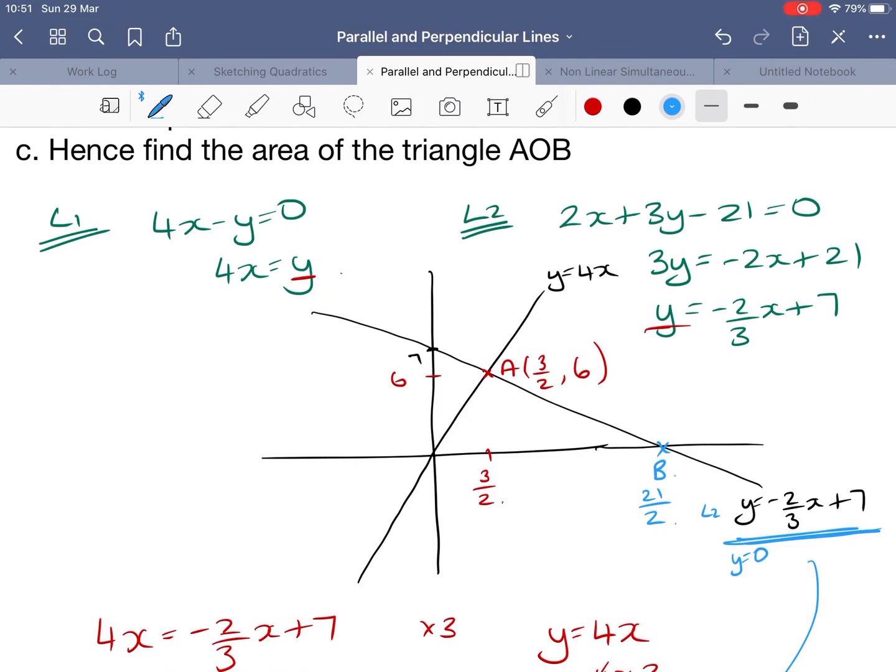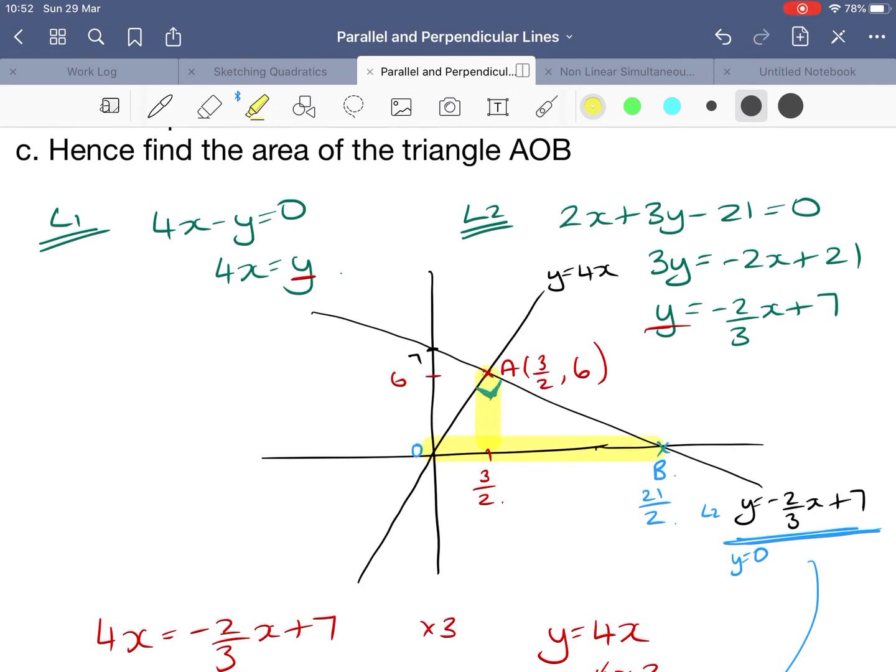Now, sometimes people can make this question a lot more difficult than they have to, because people think I've got a right angle here, so they work out the length of OA. They work out the length of AB, and they use the area of the triangle is a half OA times AB, okay? And that will work, it will give you the right answer, but it's a lot more complicated than you need it to be, because remember, we can use